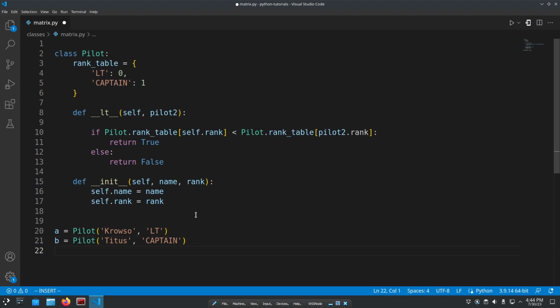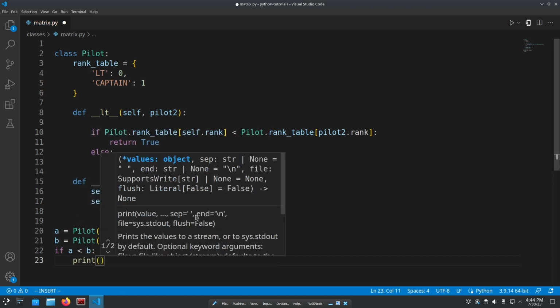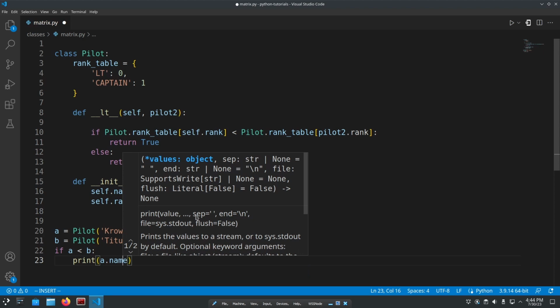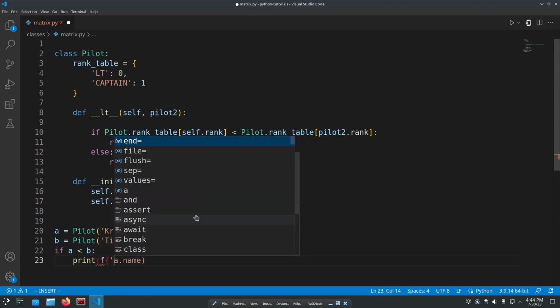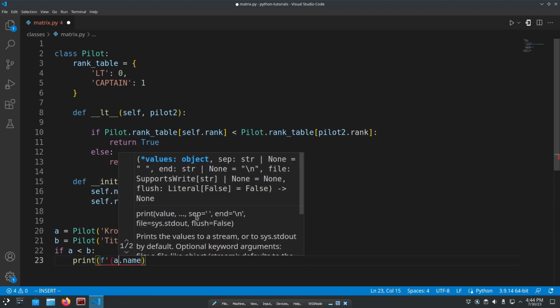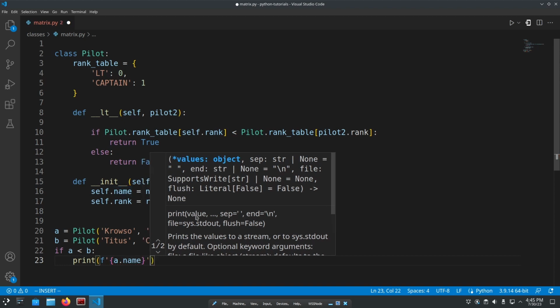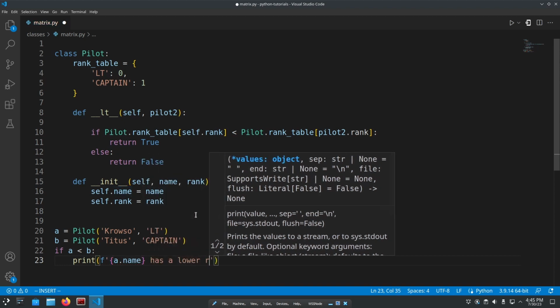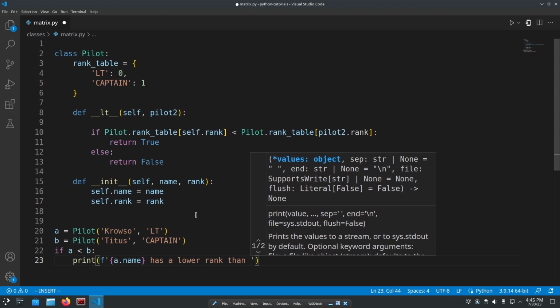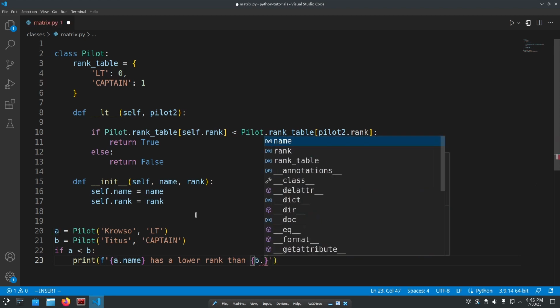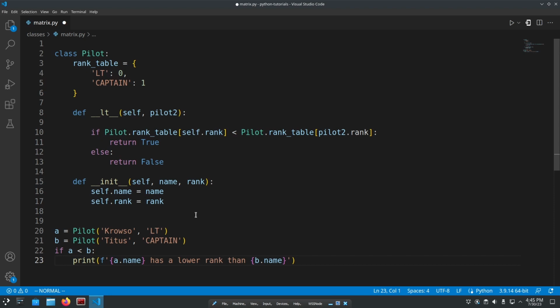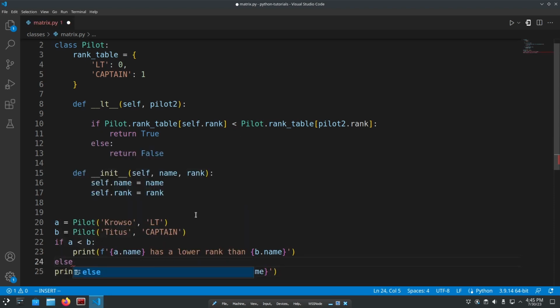So if I say if A is less than B, print A.name has a lower rank than B.name. Else